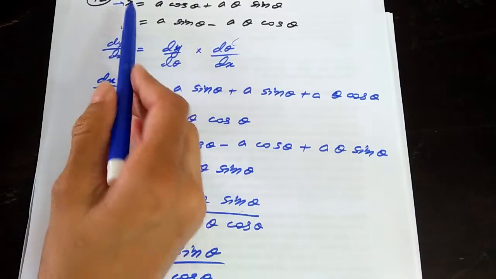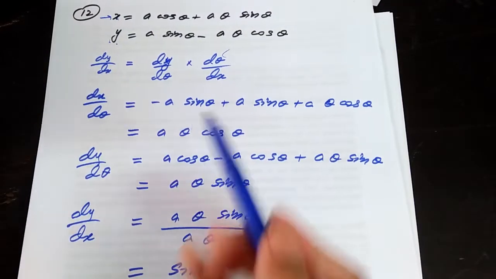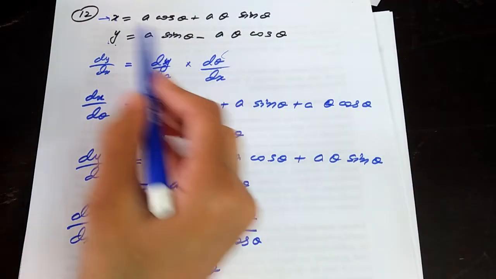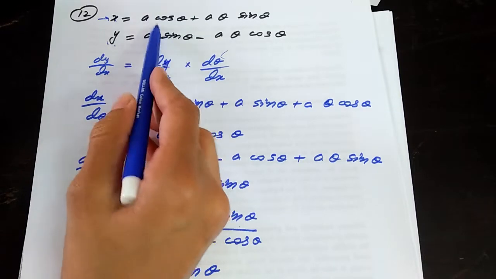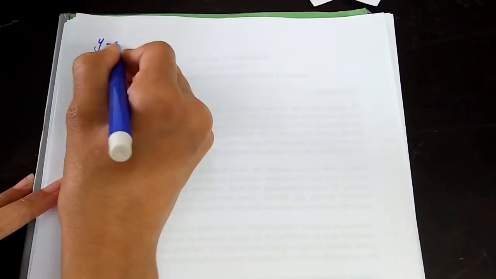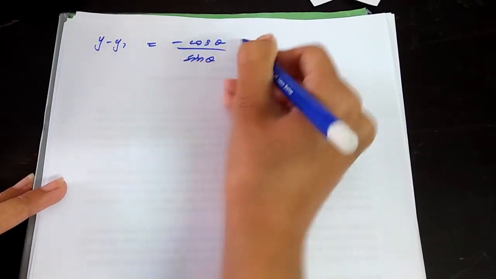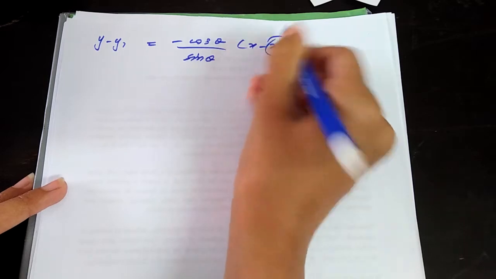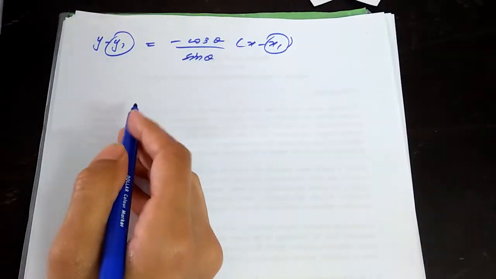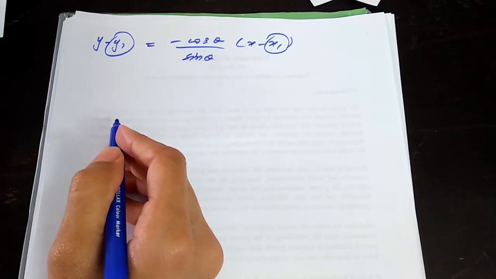Now y1 and x1 will be the same points because we are not given any specific point that we can use here and get the value of x1, y1. So use these points here directly. We will get here, in place of x1 and y1, use the values of this x and y. After putting these values, we will get here